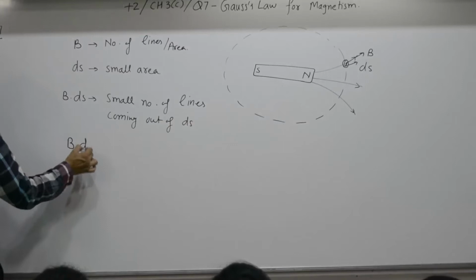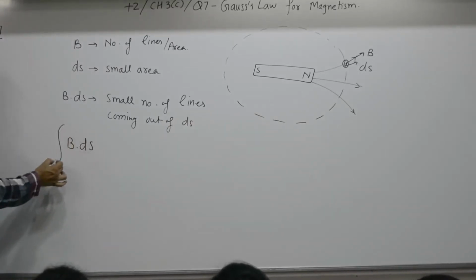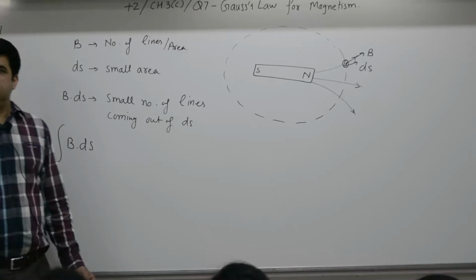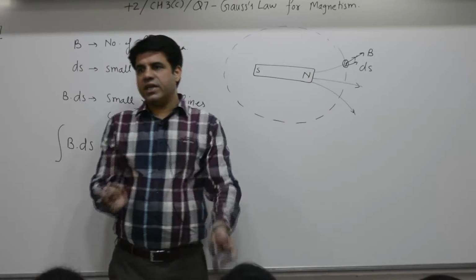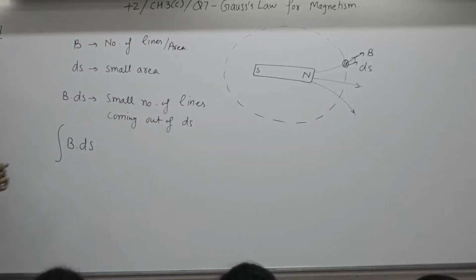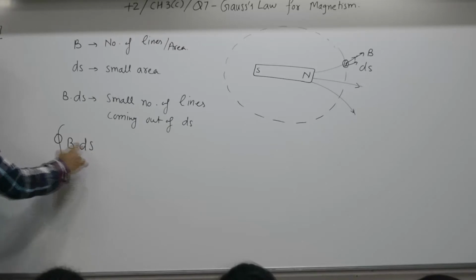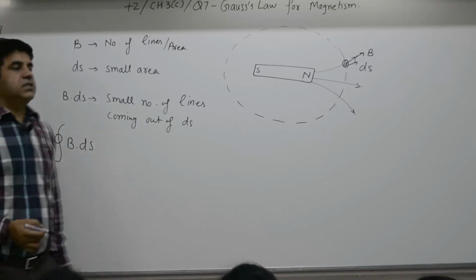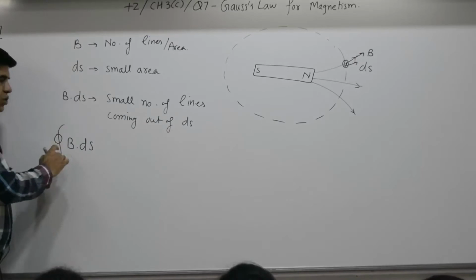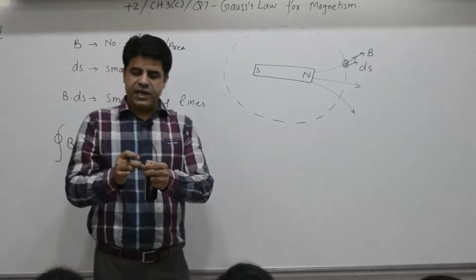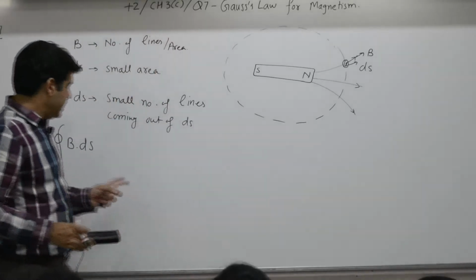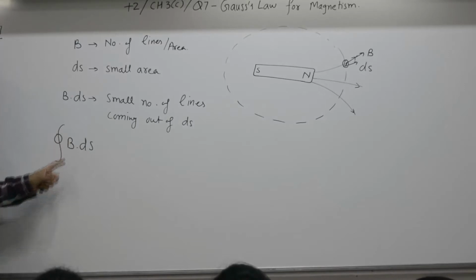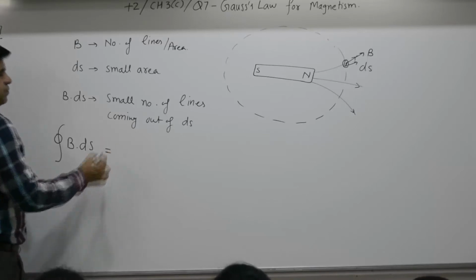So B·ds integration represents what? Total lines coming out. But if you think of the total enclosed surface area, then mathematically you will have to write this. When this is area closed, it means closed surface. If this is length, closed means closed loop, like a wire. You start from one end, reach the other, then it is a closed loop. Here it is area. Closed area means closed surface area, like a football or a tennis ball, is equal to,